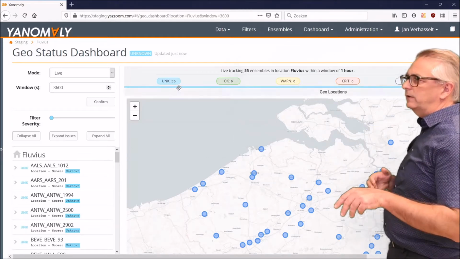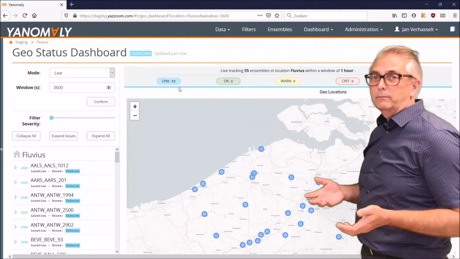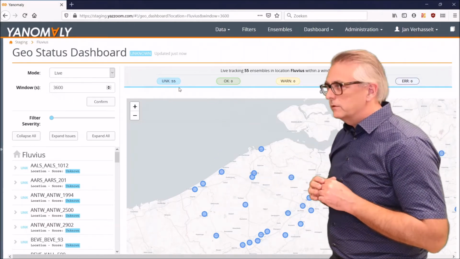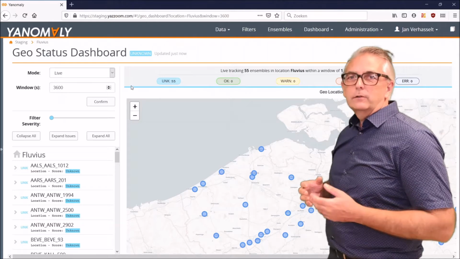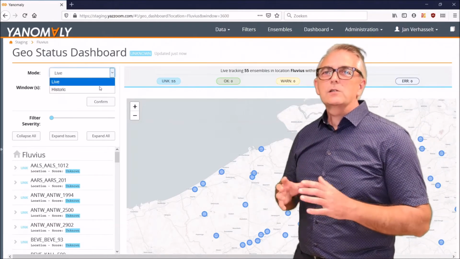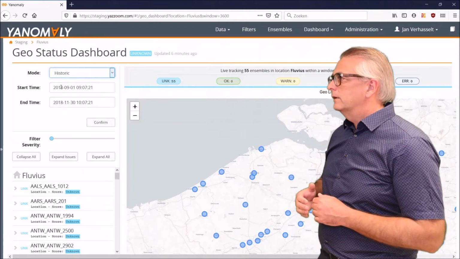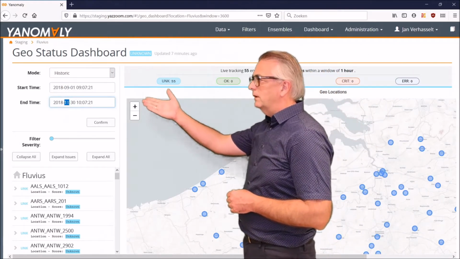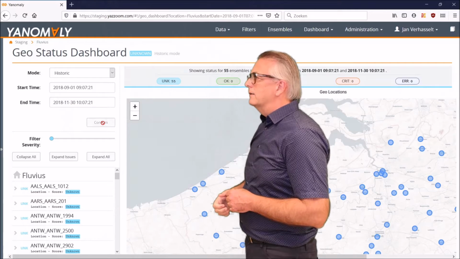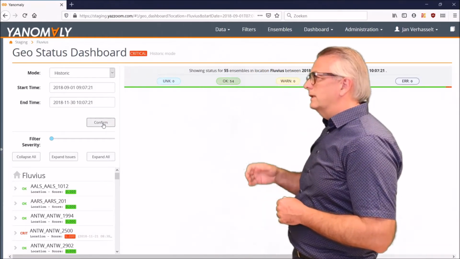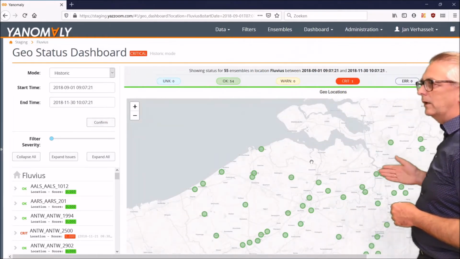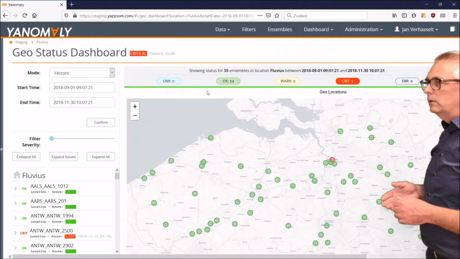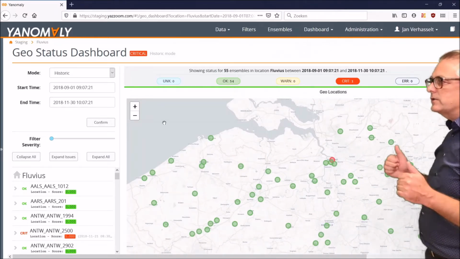But you see all statuses are unknown, which is normal because we are not reading live streaming data from the Fluvius substations today. Instead, for the hackathon, Fluvius gave us a historical data set of several years ago. So let me select a period of 3 months in 2018, September until end of November, and click on confirm, and then we see an updated status dashboard where now almost all substations have a green color, so everything is